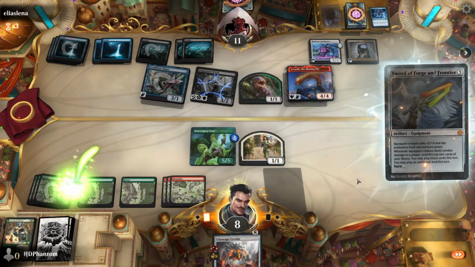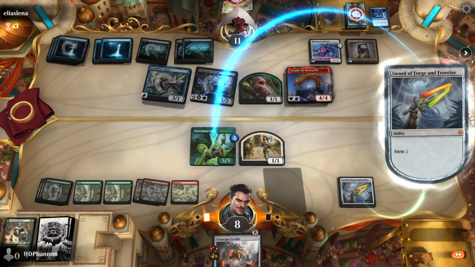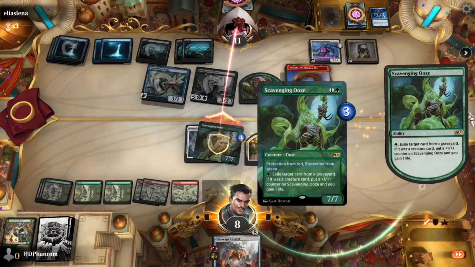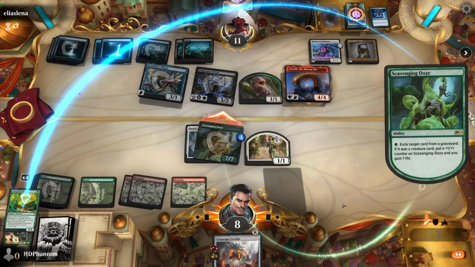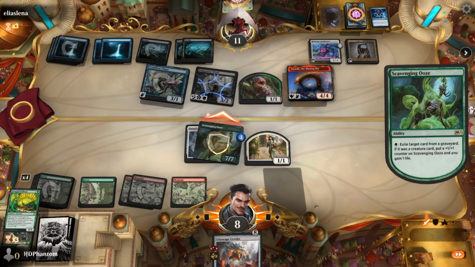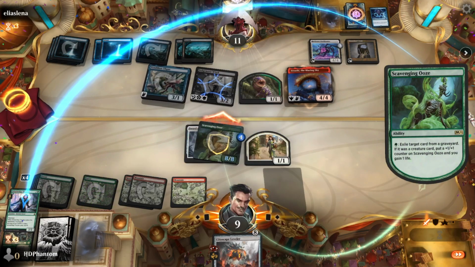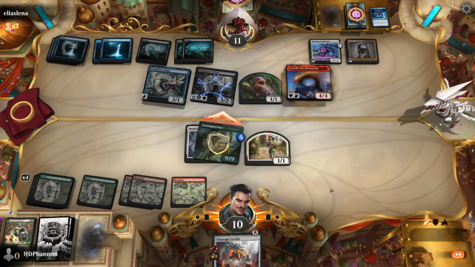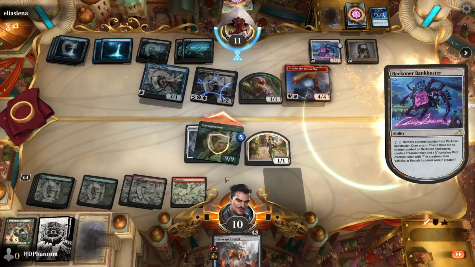Now, interestingly enough, I think we can go sword here. And we can equip our sword to the Scavenging Ooze. Go ahead and attack. Let's get rid of the Frillback. Gain some life. Let's go again. I want to gain some more life. Let's get rid of the tracker. Yep. And then we'll see what happens on the...